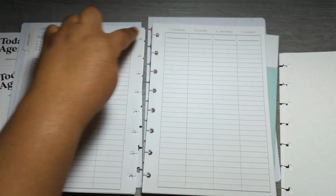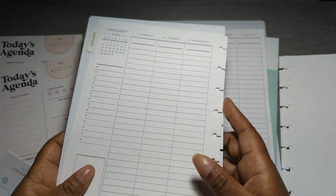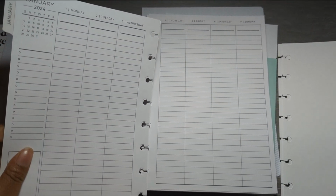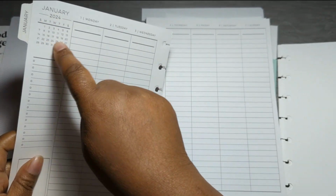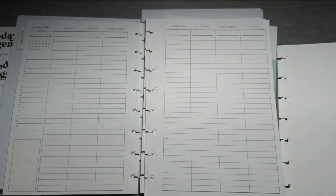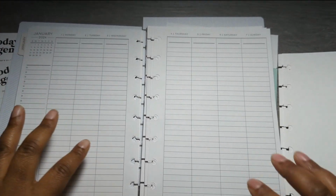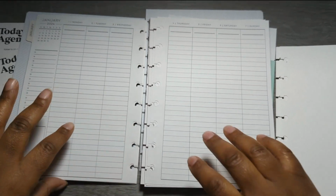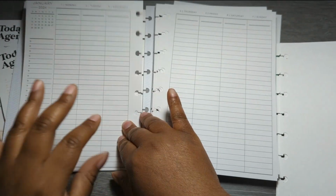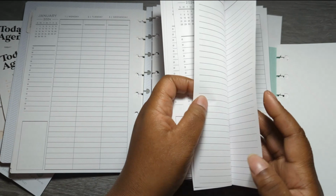And as you can see, I chose not to put anything up here, which is fine. And then nothing here. One thing I would implore Plum Paper, while I'm customizing things, please make it so that I don't have to have this useless calendar here if I don't want it there. I have yet to find anyone who has a very good use for this calendar. I've seen people that highlight the week that this is on this calendar, but I find that unnecessary for most people because I can always flip to my monthly for that, so why would I? But anyway, so that's the week, and then you get all of your weeks together, and then